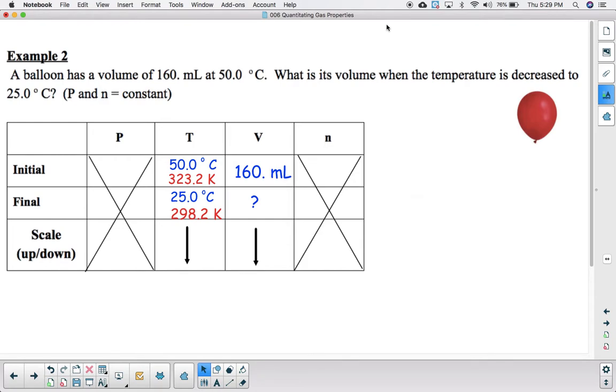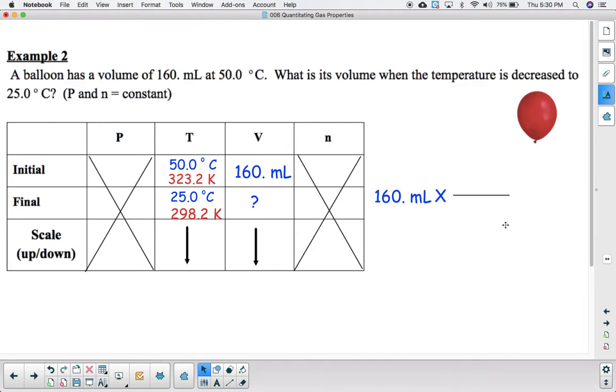With my information gathered and my chart all filled in, now I need to work on downscaling the volume of the balloon from 160 milliliters to something smaller than that, which will happen as the temperature is decreased. In order to do this, I'm going to multiply my 160 milliliters by a scale factor built out of the 2 Kelvin temperatures